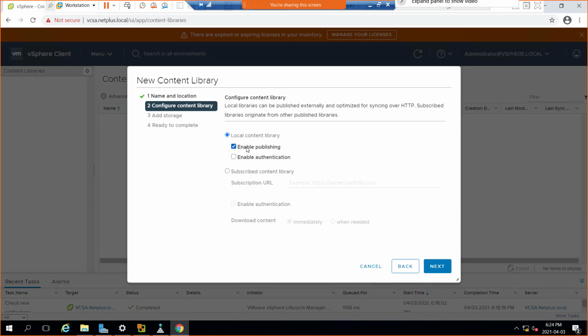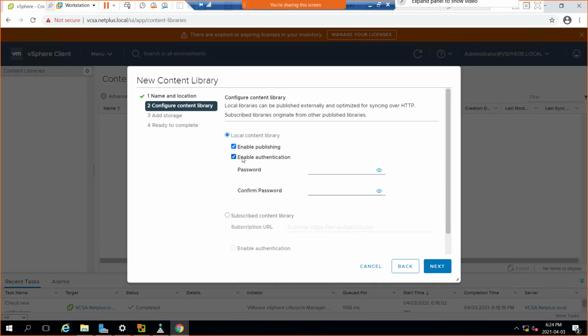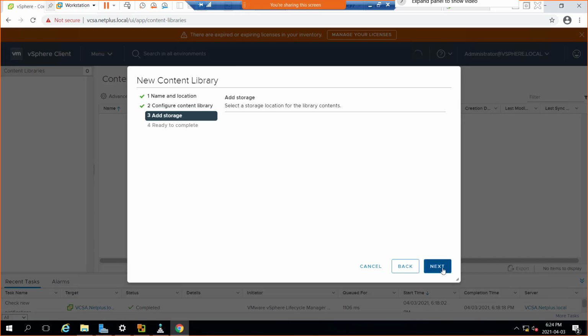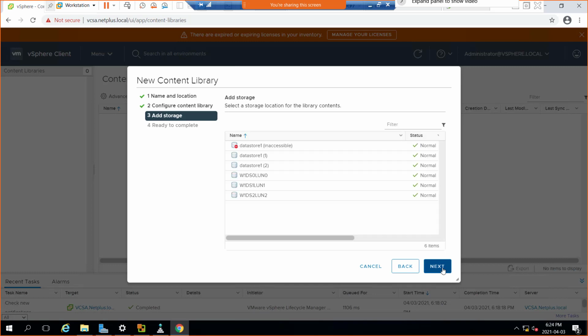If I go for enable publishing, then enable authentication is there, and whatever password you give there, only whoever has the password can access it. Otherwise, the content library is not available for everyone. But I'm unchecking that, so this means it should be available for everyone. If I go to the local content library without clicking authentication, which means anonymous access, then it says